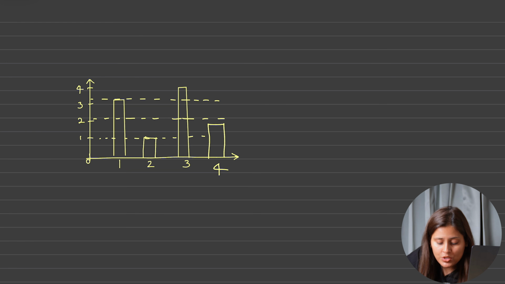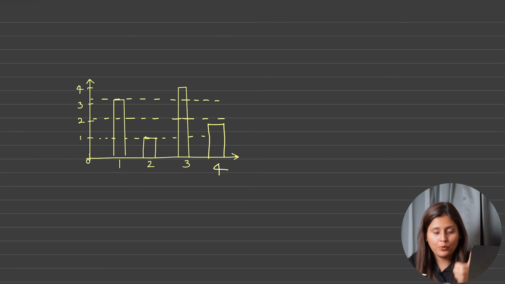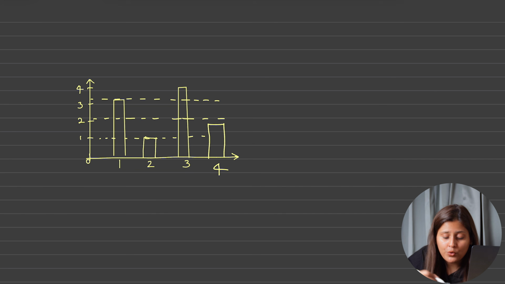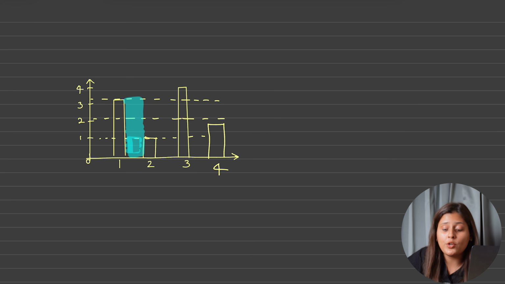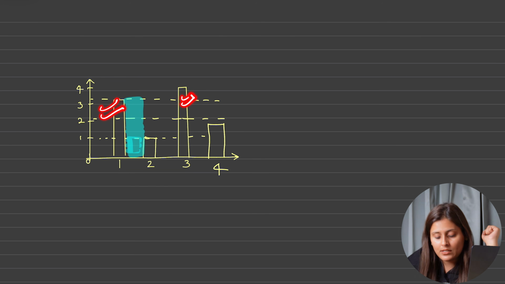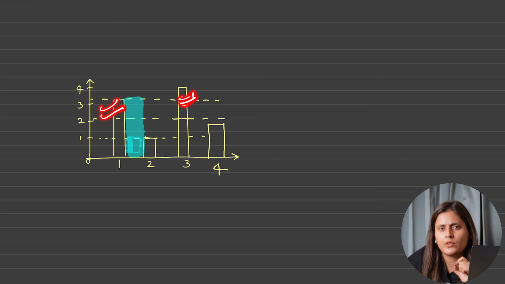Okay, now suppose you are in between this. How would you like to calculate the water? Would you calculate the water on the basis of the second index only, or the whole water at this position? Of course the whole water at this position. So what do you think? If you compare this first index with the second index, then you will get all the water at that index, or else you need to compare the first element with the rightmost, meaning the maximum height from the right, then you will be able to calculate. Of course, not with this, but with this.